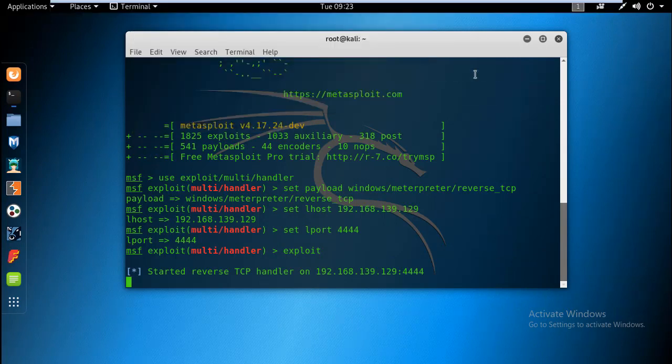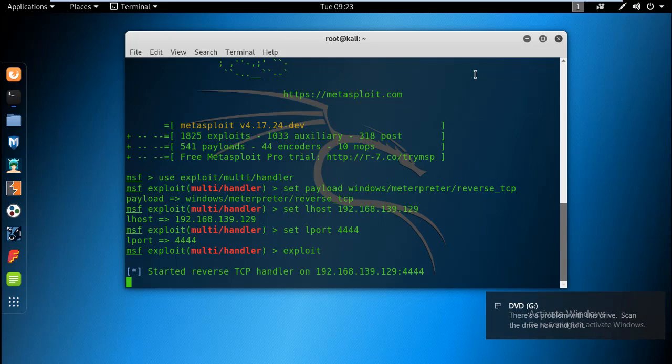I am hacking the Windows 7 operating system, which is totally vulnerable. The thing is that sometimes when we try to hack a PC or computer, the PCs and computers block our requests, like through the firewalls or through Windows Defender. They block our virus or Trojan. They show us as an unwanted file, but there are lots of ways you can bypass the firewalls and antivirus software. I will tell you in a different video, but this time I'm just doing this on a Windows 10 operating system, which is totally vulnerable to this.